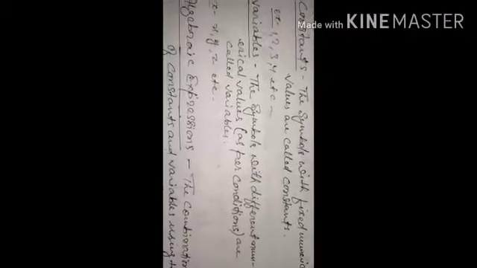Very fast I'm moving on. Variables: the symbols with different numerical values as per conditions are called variables. According to the conditions, variables can have different values. The letters with which we denote the variables are x, y, z, etc. Any other alphabetical letters can also denote variables, no issues. We have to be very attentive to what the conditions are saying, what the questions are saying. According to that we have to do the work. Okay, now moving on.